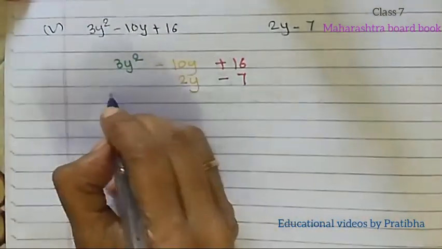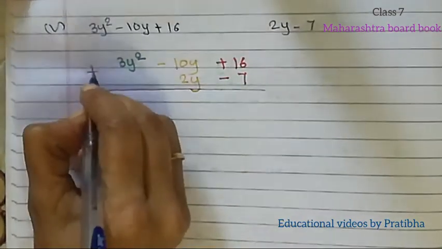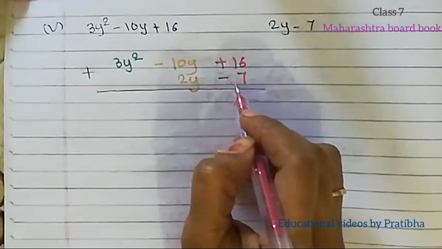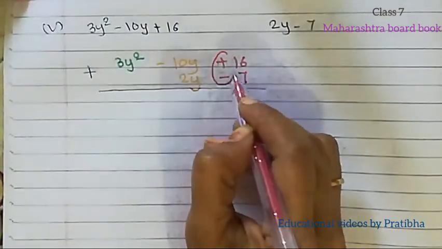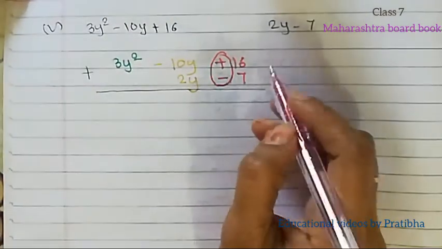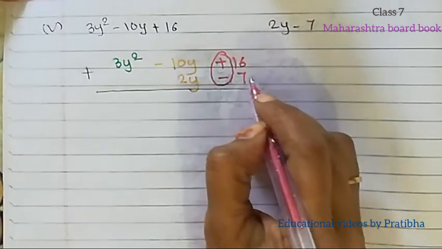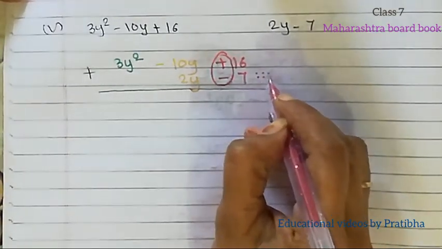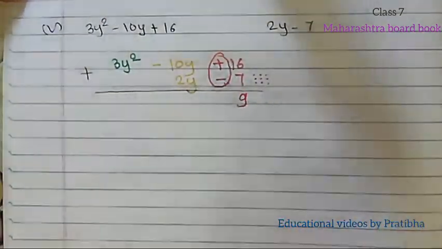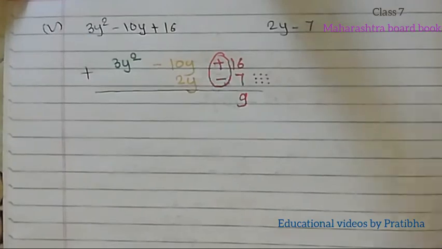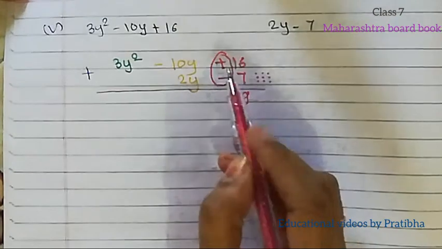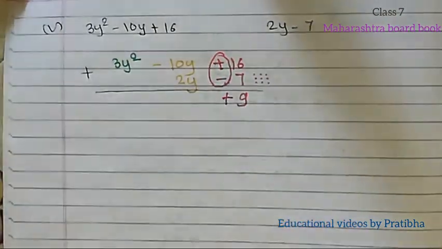Okay, now let us do the calculation. This is the sum of addition, so I am going to put plus sign. Now if we observe the third pair of terms, in front of them opposite symbols are there. So plus minus minus, we have to do subtraction. From 7 we will count till 16: 7, 8, 9, 10, 11, 12, 13, 14, 15, 16. So 9. Plus minus, we did minus, but now we have to give the symbol of the bigger number in front of the answer. Our bigger number is 16 and 16 is positive, so we are going to give plus sign in front of 9.